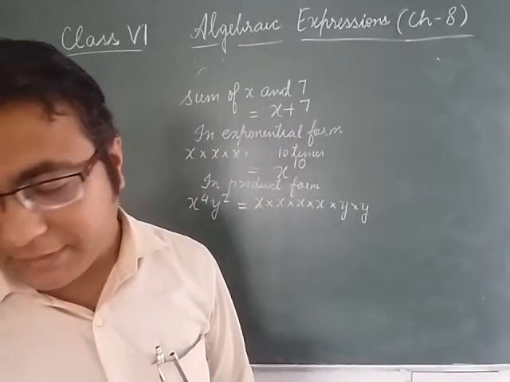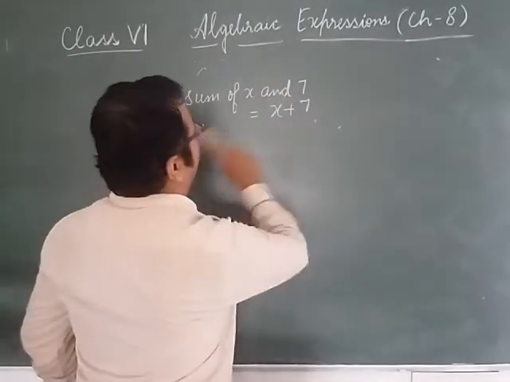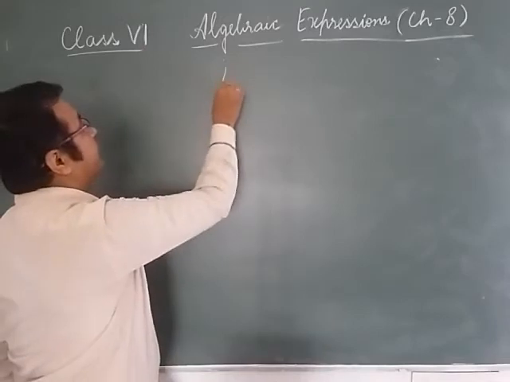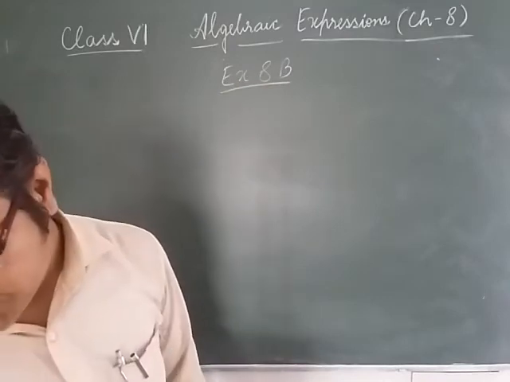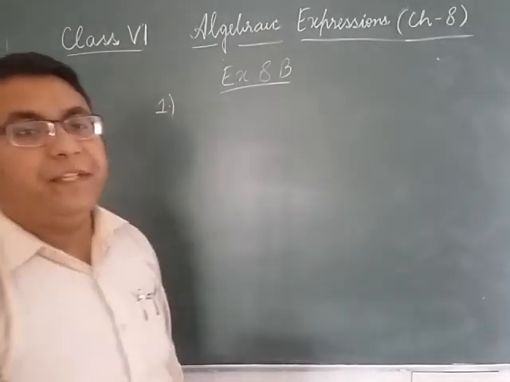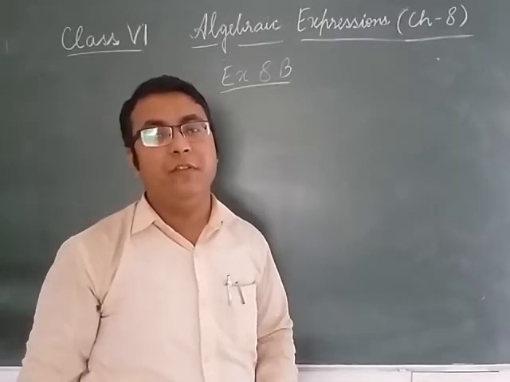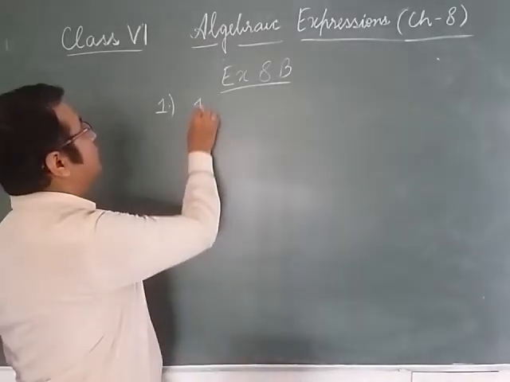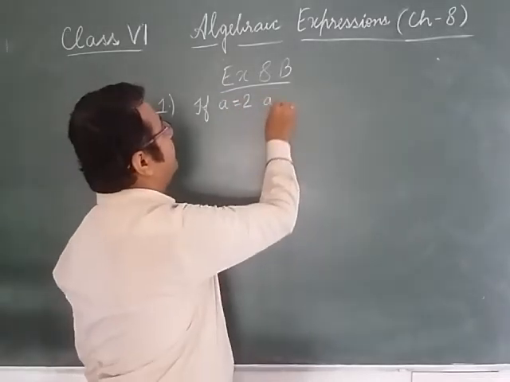Now we will start exercise 8B. In exercise 8B, first we will see question number 1. Here an expression will be given and the values of the variables will be given. We just need to put the values of the variables in and find the overall value of the expression. Let's see the first question. Here, if a is equal to 2 and b is equal to 3,